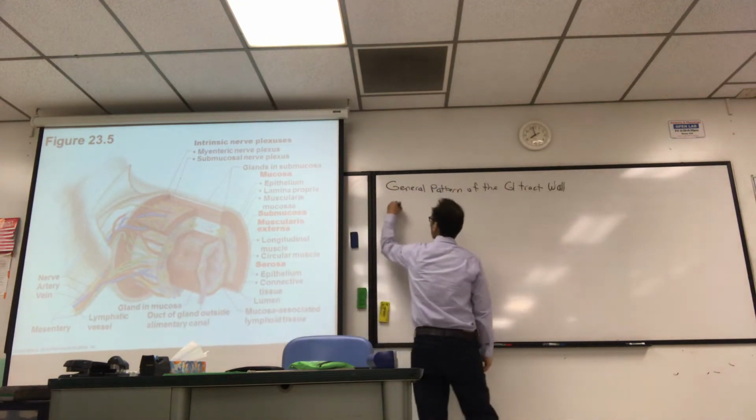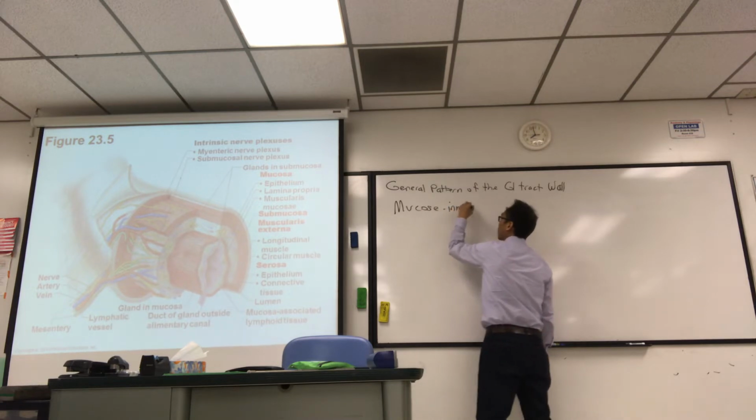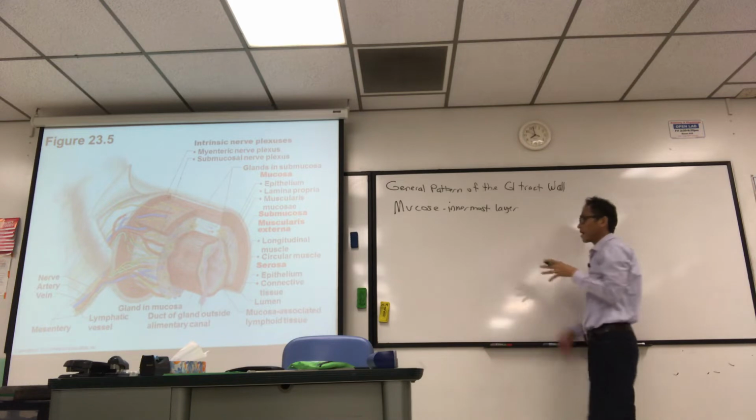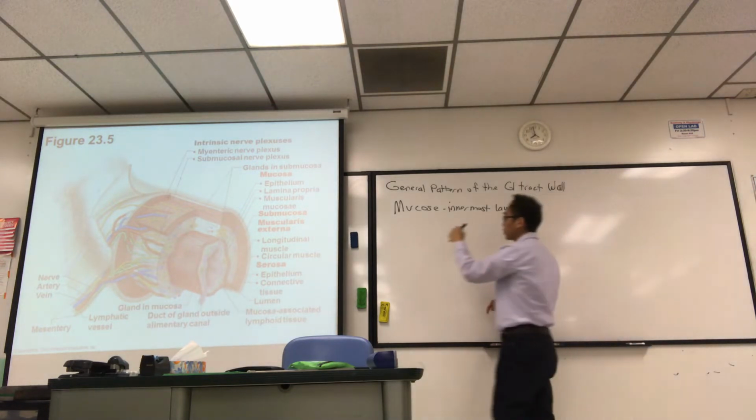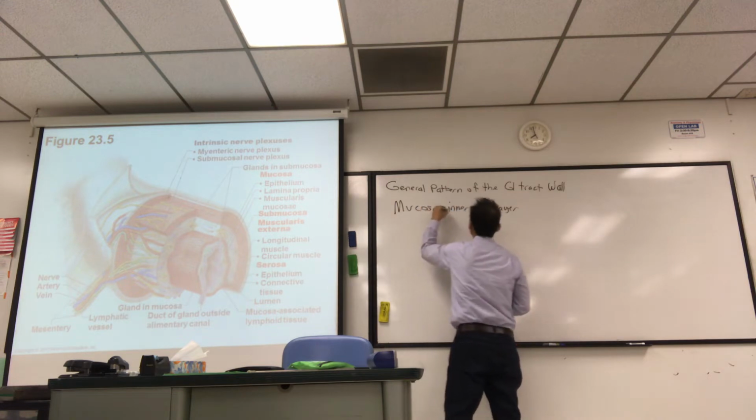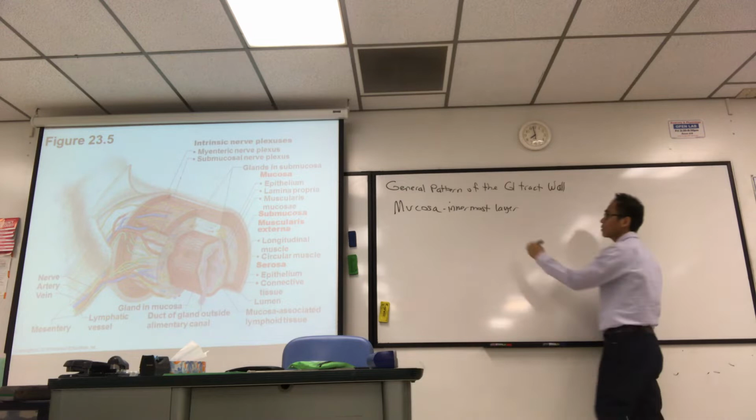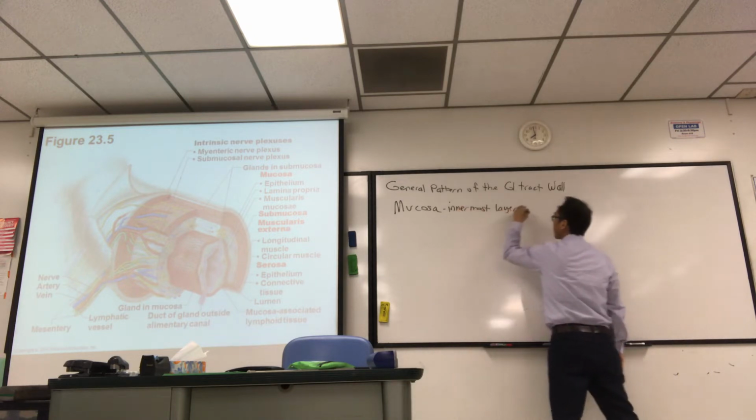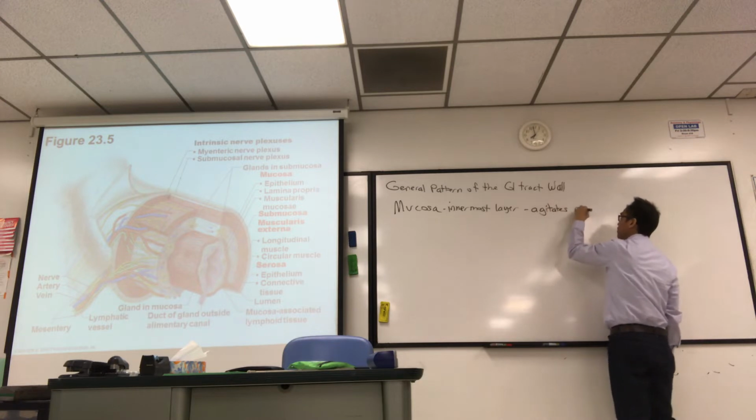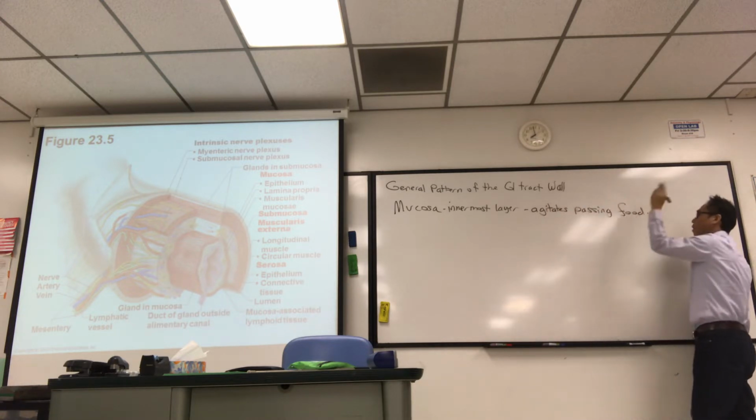So mucosa is the innermost layer. This is the layer that's kind of moving. That's mucosa, not mucose. It's the layer that is agitating the food. It's touching the food. Innermost layer, agitates passing food. Okay,